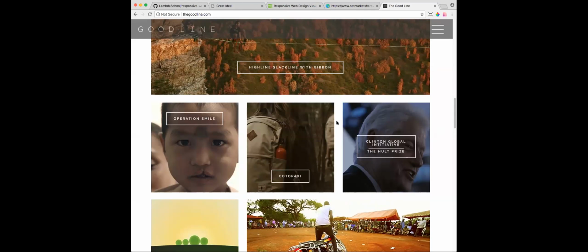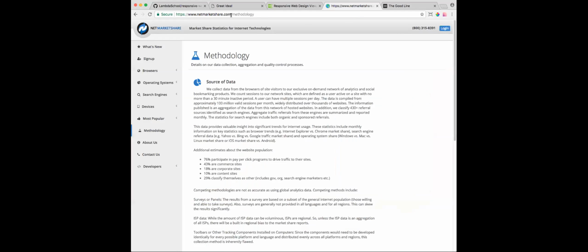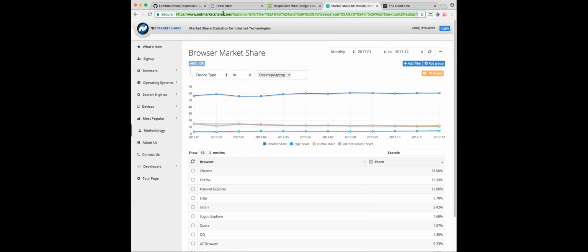Before we get really deep into that, we have to understand a little bit about the browser and what's going on. So I'm going to give you a link. This is just a website that talks about browser market share, and they claim they've